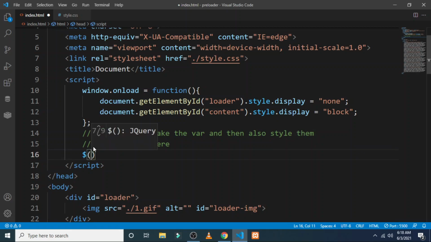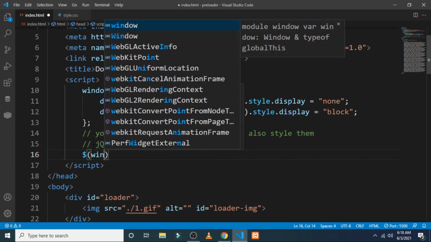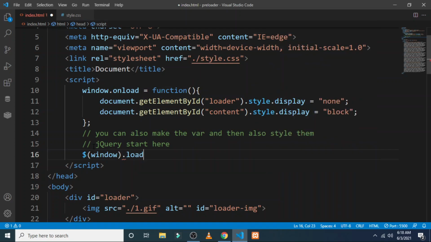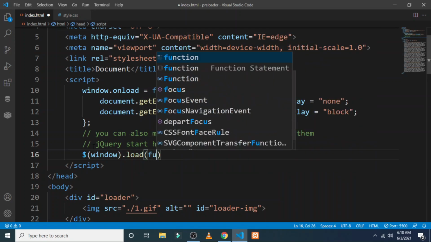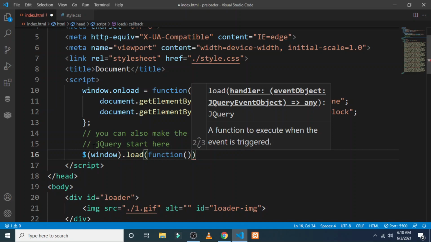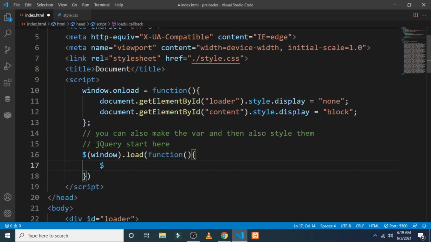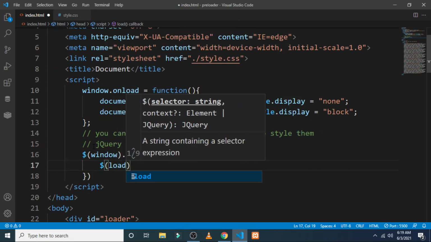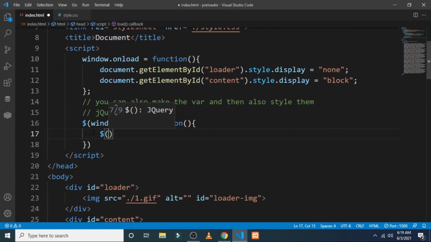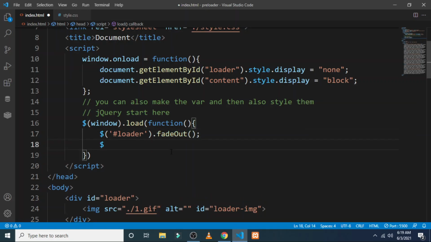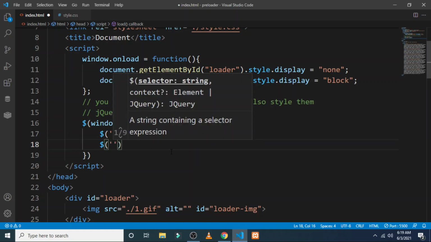Here I have used jQuery. In this, you just have to copy, because I am explaining the meaning of every code, so you do not have to worry about that. If you do not know this language, you cannot code this. So at the dollar, in the load section, copy this and create a hash with the id loader, and inside this, because I have not created a variable, I have used the hash. And here fadeOut means that when the animation is completed, this will fade out.